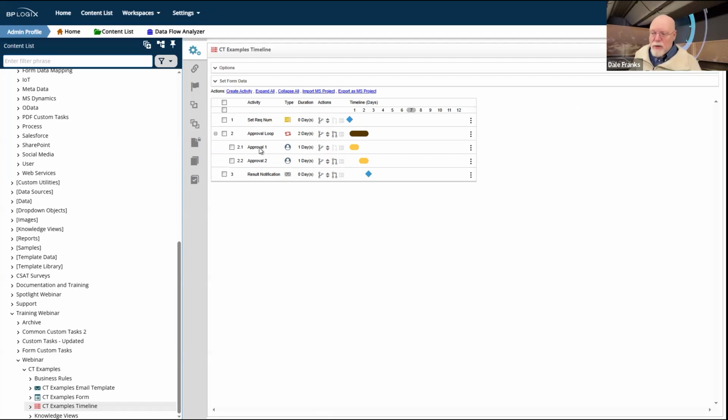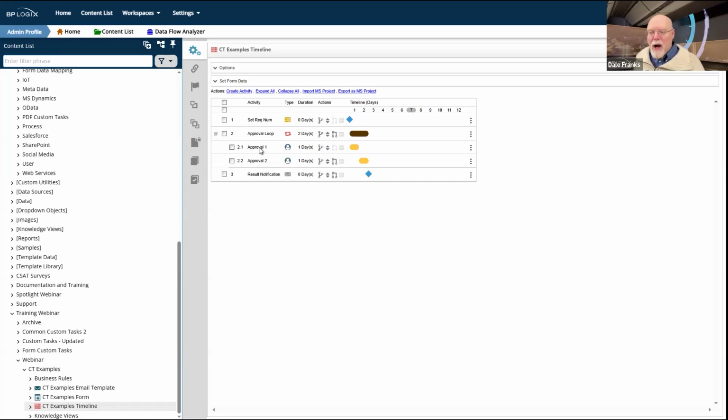Also, I would use the process timeline if what is going on in the custom task is just completely unrelated to the form's behavior or its data. I would just run the custom task from the timeline. That can be a little tricky determining whether that is true or not. For example,